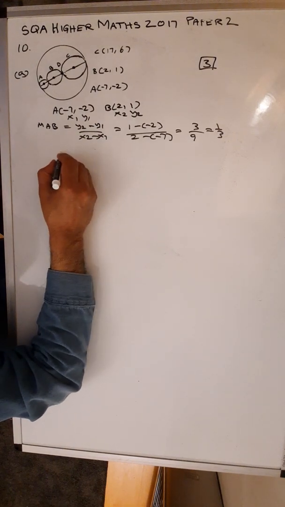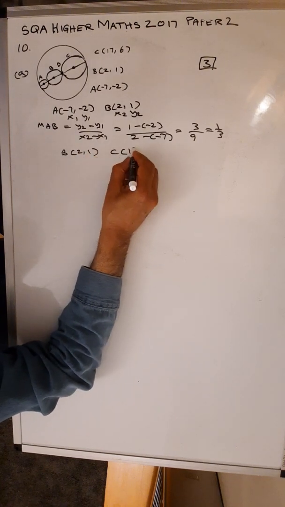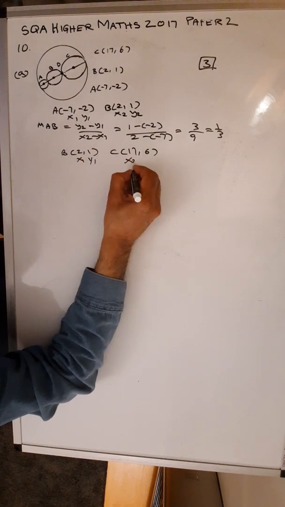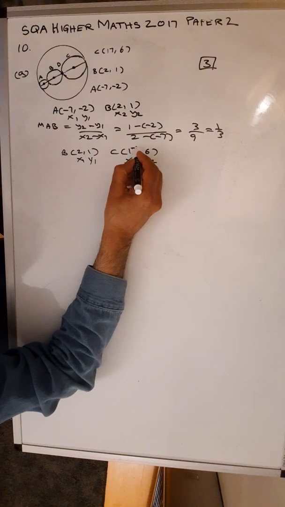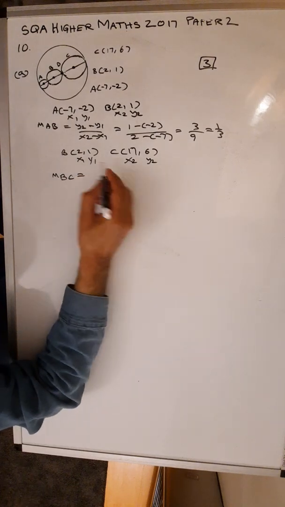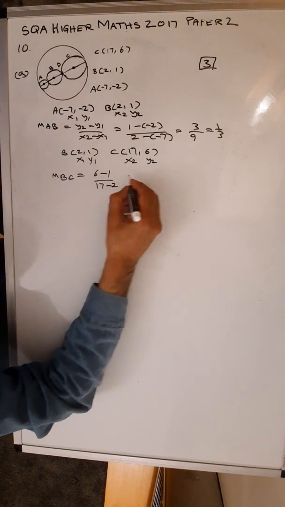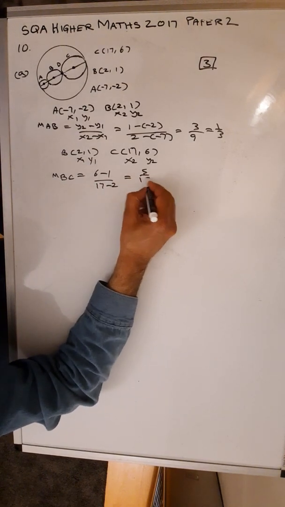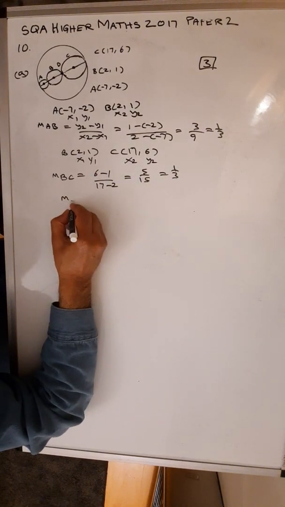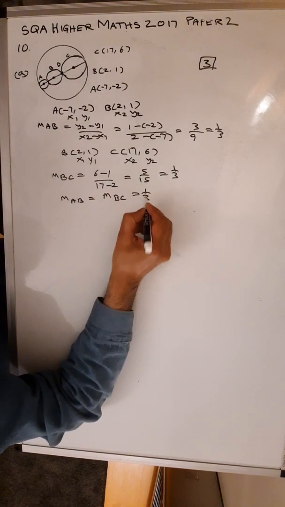Gradient of BC, just write the coordinates. B is (2, 1) and C is (17, 6), so this would be your x1, y1, x2, y2 in this case. Again, gradient of BC is y2 minus y1, 6 minus 1, divided by 17 minus 2, which is 5 over 15, which again gives you 1/3. So the gradient of AB is equal to the gradient of BC, which is 1/3, which means